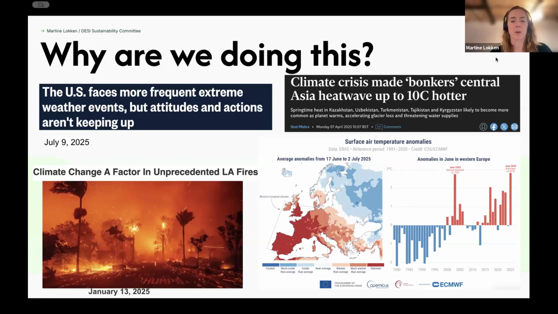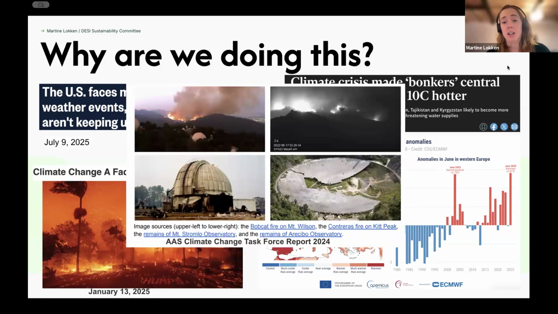And just around the world, I think most of us have had either personal scary scenarios to our own health and safety, or we know people who have, or at least have concerns about homes or other kinds of infrastructure. And in particular, that includes our astro research infrastructure. We've had some damages to different types of observatories, including DESI, because there was a wildfire in the area around Iolkam Du'ag, also known as Kitt Peak, which is where the Mayall telescope is located that DESI runs with.